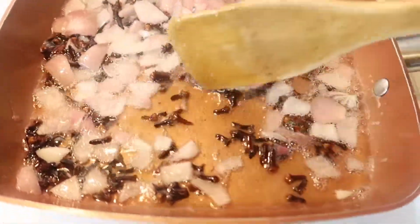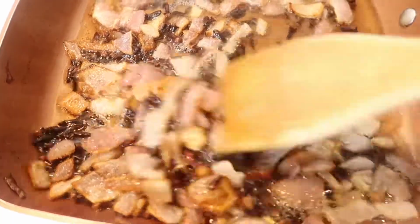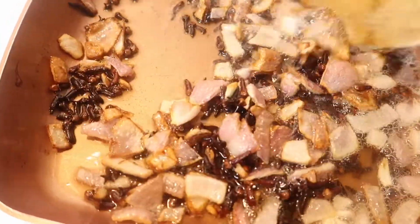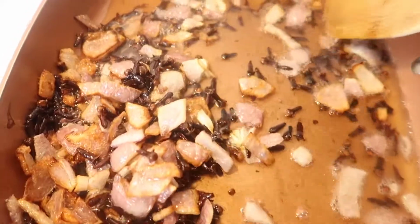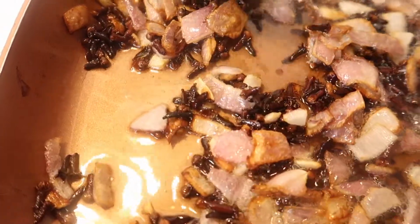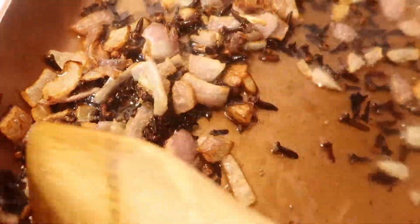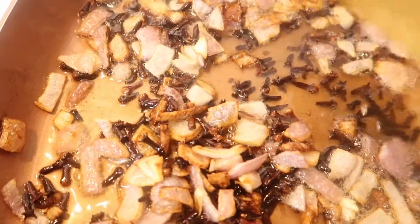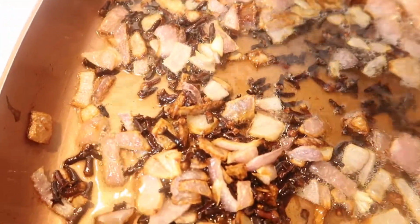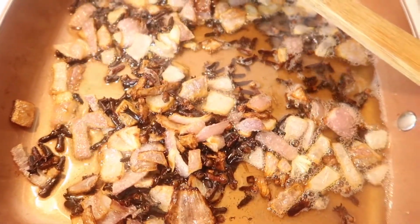So once you finish cooking your cloves and your red onions. I prefer red onions, but if you want, you can use yellow onions, but red onion is the best. And now you can see that our onions and cloves are ready. So I'm gonna go ahead and remove it from the heat and let it cool off for a good 10 to 15 minutes, or until you see it's not hot anymore,